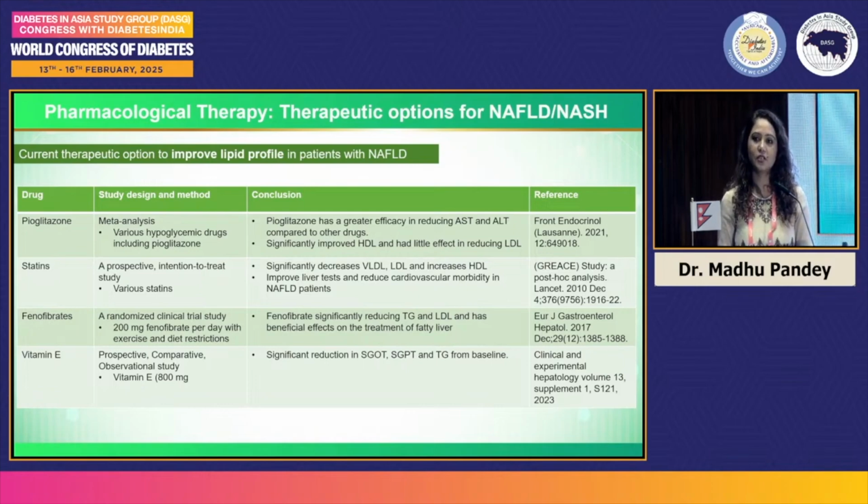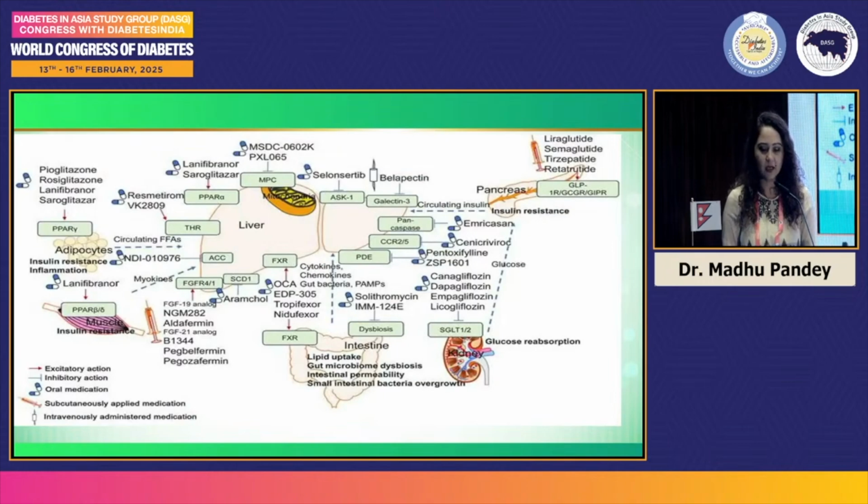Fenofibrates significantly reduce triglycerides and LDL and have beneficial effects on treatment of fatty liver. And vitamin E, in prospective and comparative observational studies with vitamin E 800 mg, showed significant reduction in SGPT, SGOT, and triglycerides from baseline. So we have many drugs underway. We have pioglitazone, rosiglitazone, and saroglitazar, PPAR gamma. We have microbiota modulation with solithromycin. We have the GLP-1 agonists liraglutide, semaglutide, and tirzepatide, and we have the SGLT2 inhibitors canagliflozin, dapagliflozin, and empagliflozin, and